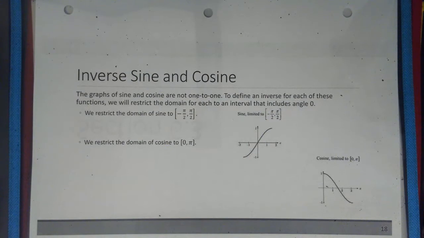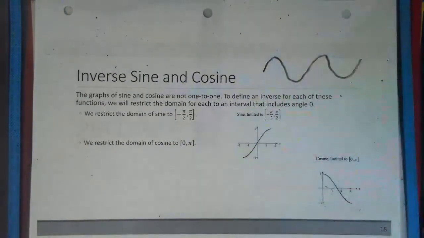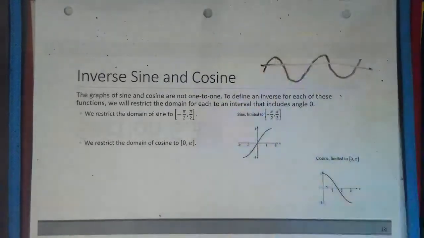The problem is sine and cosine are not one-to-one because the sine and cosine graphs both oscillate, so they don't pass the horizontal line test. They hit the graph more than once. So if we want to define an inverse for sine and cosine, what we're going to do is take just a piece of each of the graphs